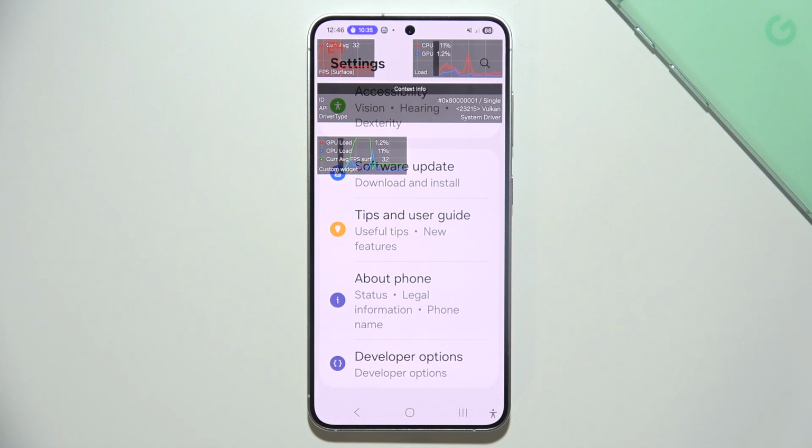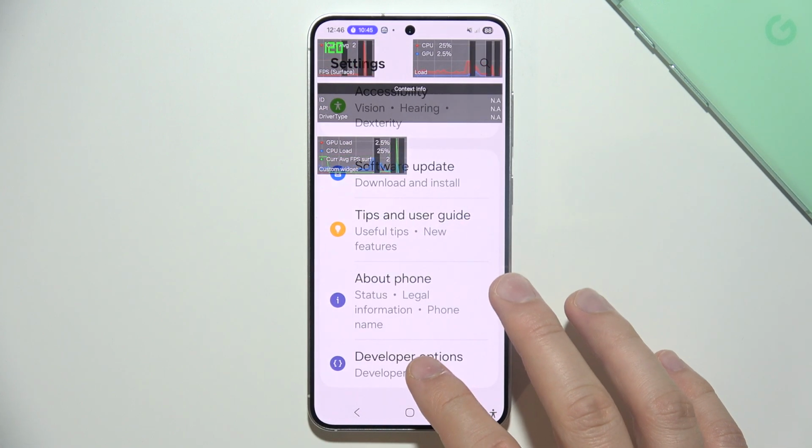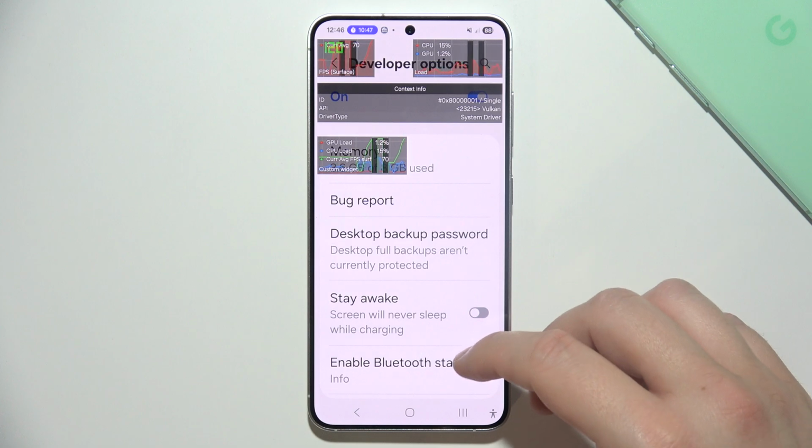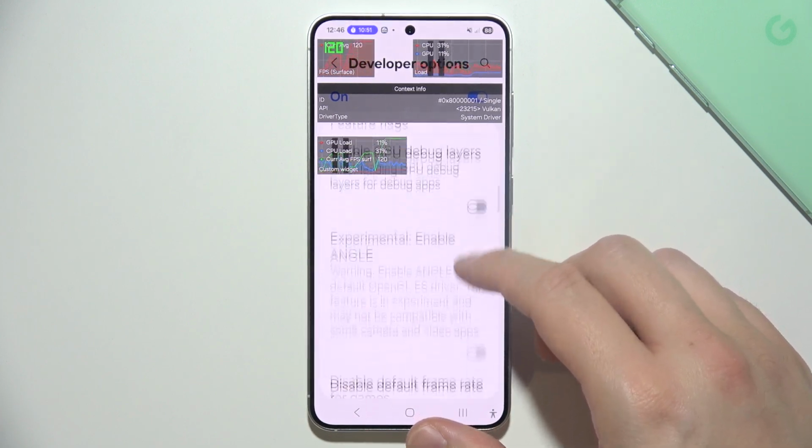But if you don't have developer options right here, you will have to go for About Phone and keep tapping on build number. If you don't know how we do this, you can find a tutorial on my YouTube channel on how to enable developer options. So right now you have to go on below